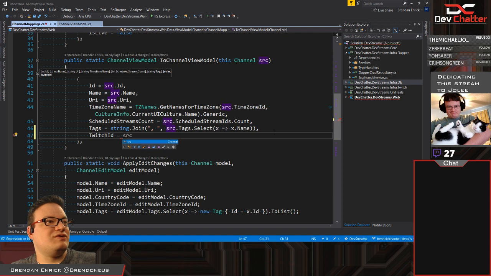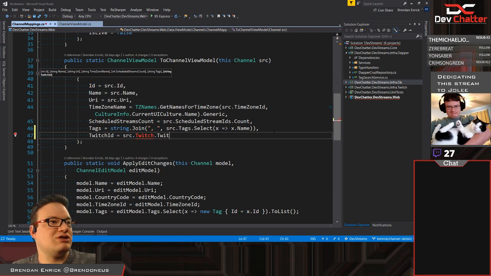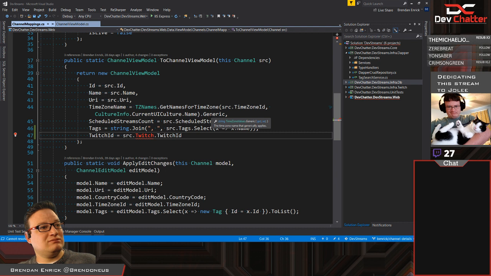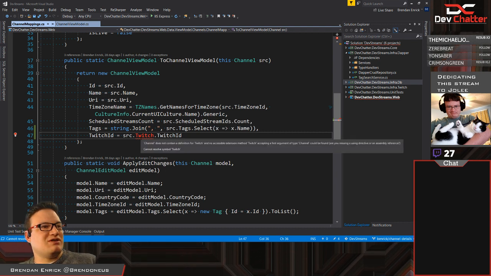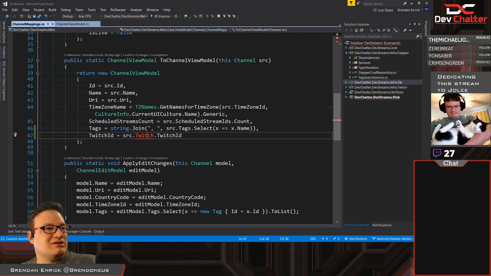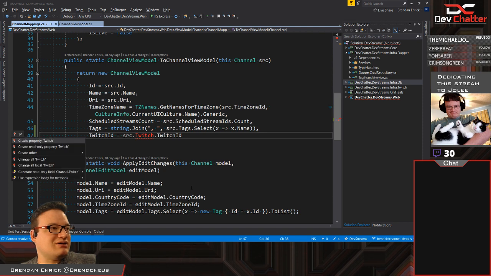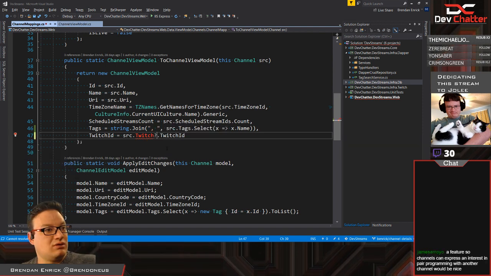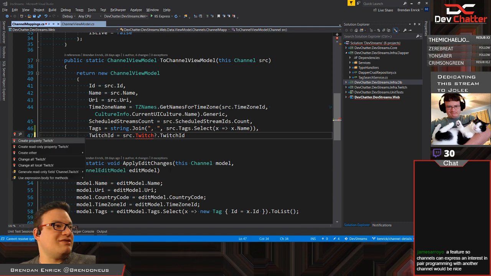Twitch ID equals source.TwitchID. Yeah, we'll have that be a separate thing on the channel object, and it'll get pulled out with the aggregate, which, say question mark dot that for now.